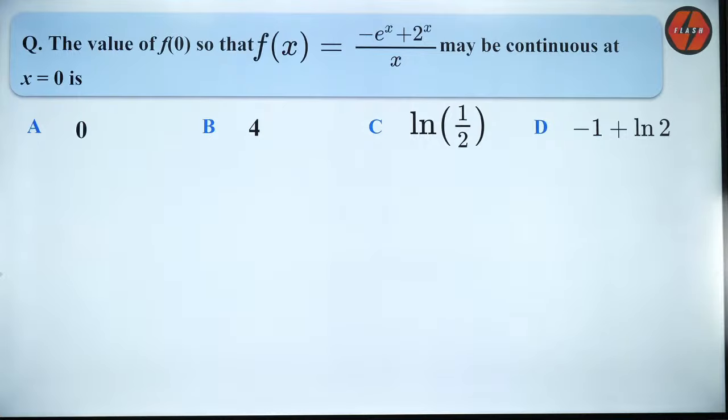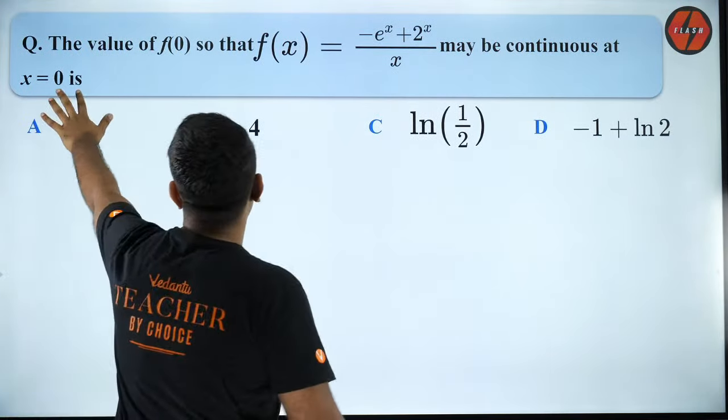JEE second attempt, when is it? Matthew, I have no idea. Ideally it should be in April, but since January got postponed, I'm guessing it would be after April. But don't bank on it. I would recommend you to study very hard for the February attempt. The moment you think you have April, I can chill a little bit, that day itself you're gone. You're not going to do well in your February attempt. So don't ever bring that into your head, okay? Think of the February attempt as your last attempt. That is what I would recommend all of you. Got it?